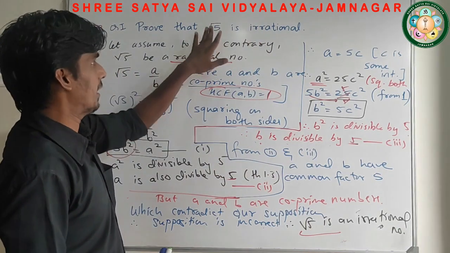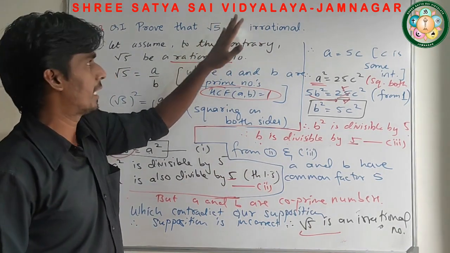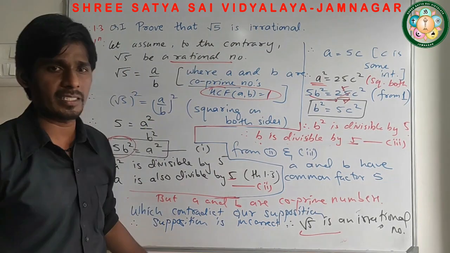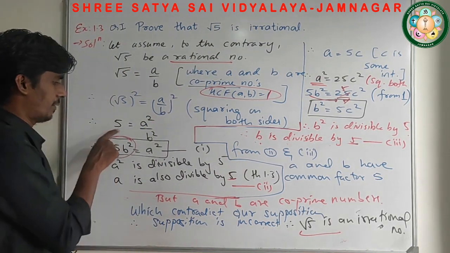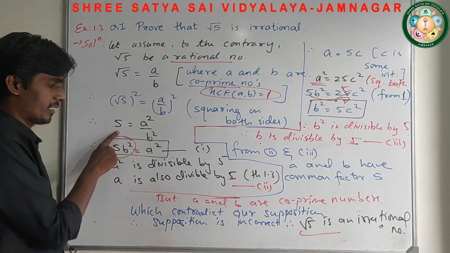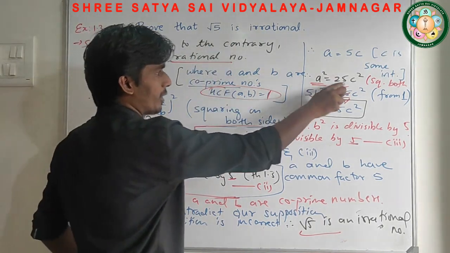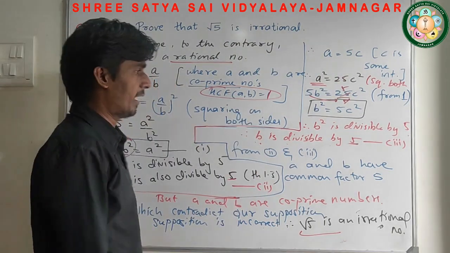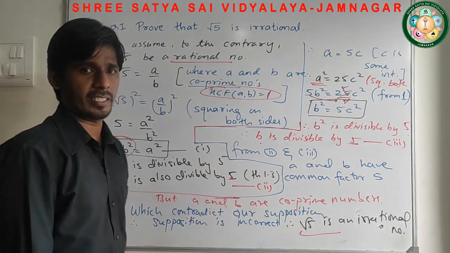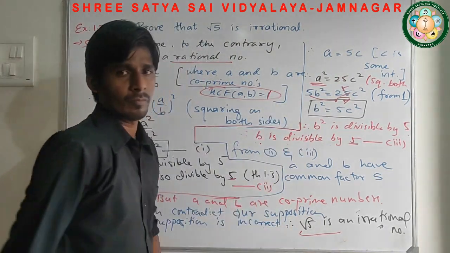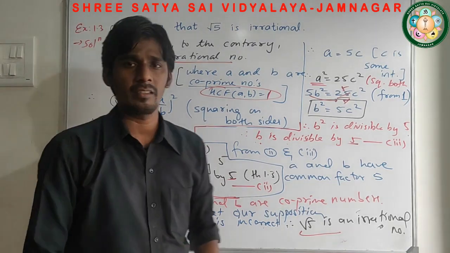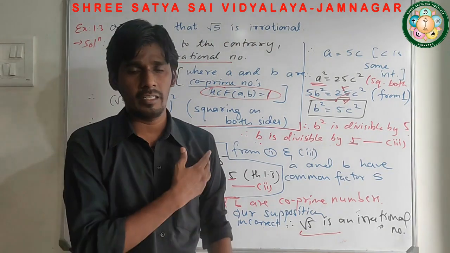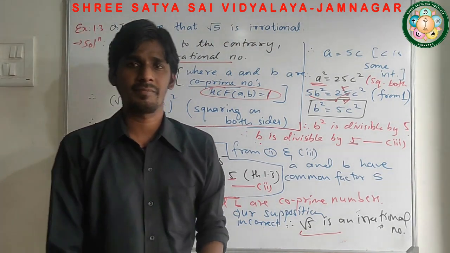Now here if it is instead of √5, if you take √3, √7 or any prime number, the method will remain same only. Just the number will change here. If here it is 3, then here it is 3. तो यहाँ पे अगर 3 होगा तो यहाँ पे 9 आ जाएगा. If it is 7, here it will be 49. Rest of the all steps will remain same except this number. Number के अलावा सारे steps same ही रहेंगे. So you can do the root 5 is an irrational to prove like this.